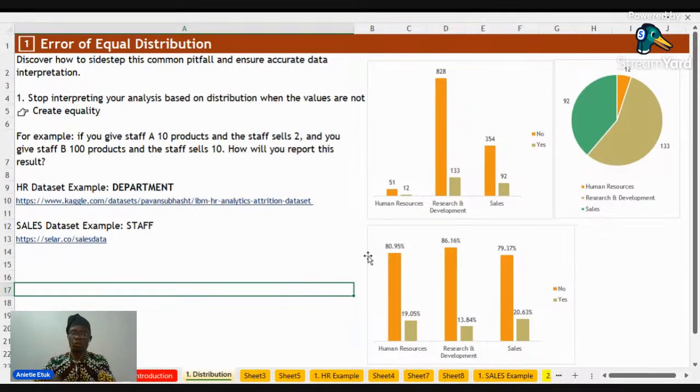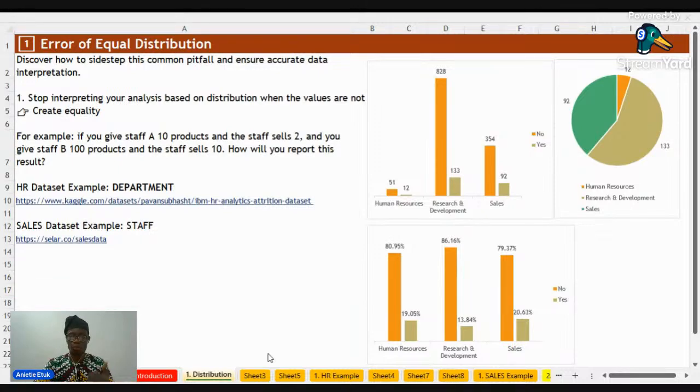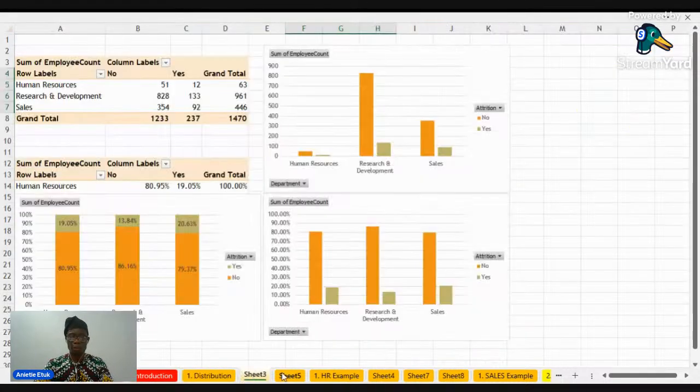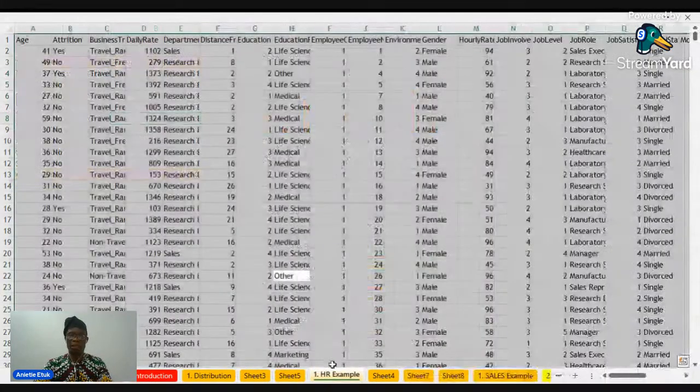Now, to make this a little practical, let's do this. This data set is included in the description section. You can get it from the Kaggle website. I've added the link here. I'll drop this entire file after this class in the description section, so you can always download it and practice it. This is the link. So let me go to the data, and then let's take a sample case.